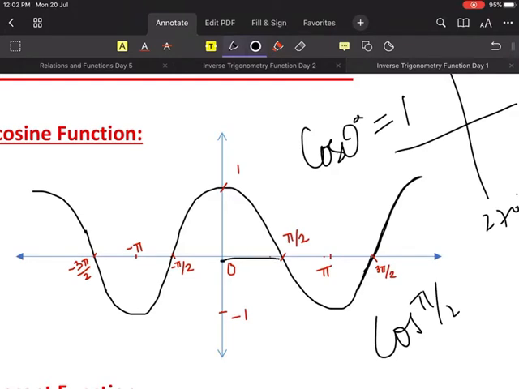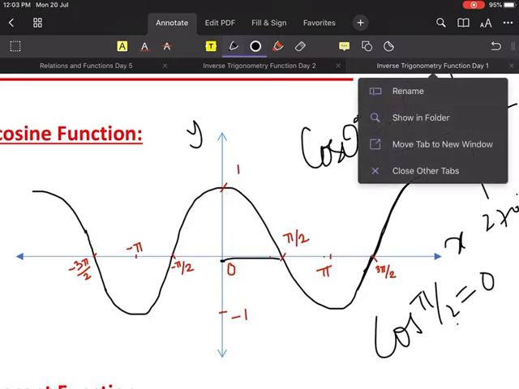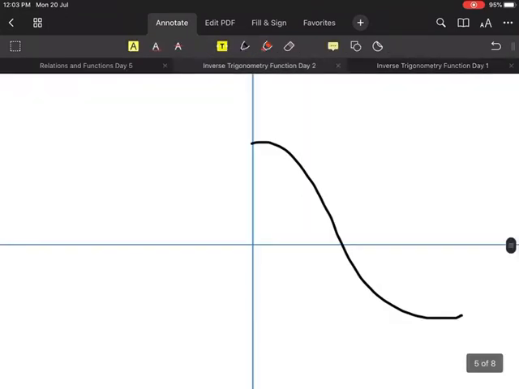Cos pi by 2 is how much? Cos pi by 2, I will correspondingly see what is the value in here on the y-axis. So it is 0. So cos pi by 2 is 0. This 0, pi by 2, pi, 3 pi by 2 are nothing but the values of x. And this 1, 0, -1, these are values of y. Am I clear? Yes or no?